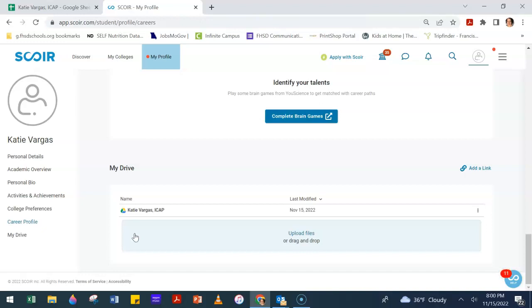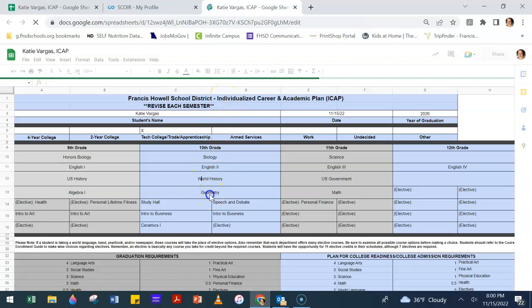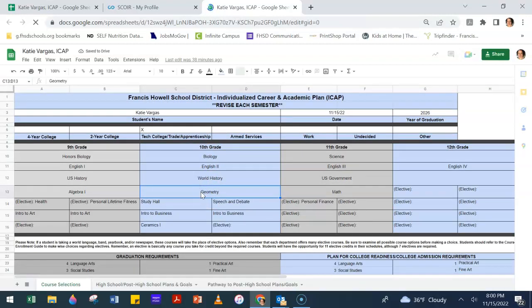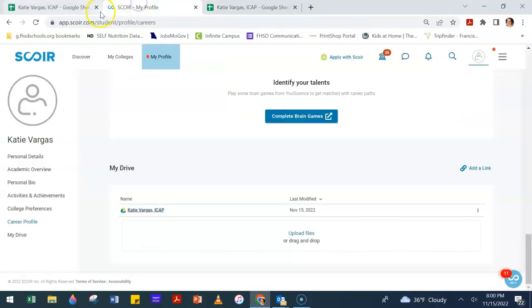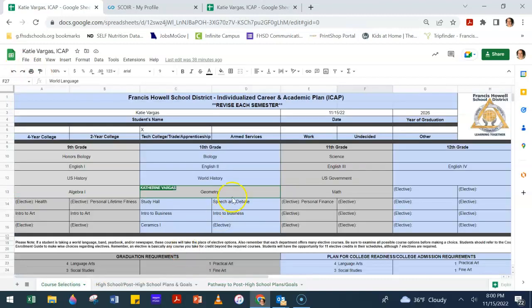And just a quick note as a reminder, since it is a linked document, anytime you open up the ICAP from SCOIR and make changes to it, they are automatically going to pop up in your Google Drive because it is the exact same document. You're just linking it. So when I go over to my ICAP that's in my Google Drive, and I go here, and I refresh,